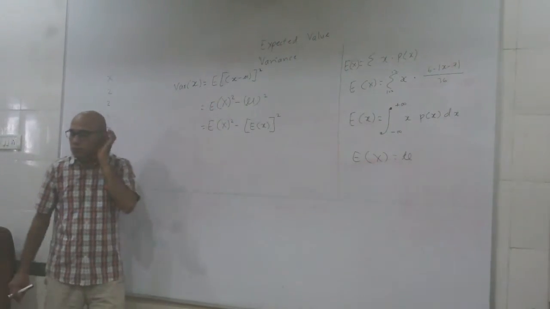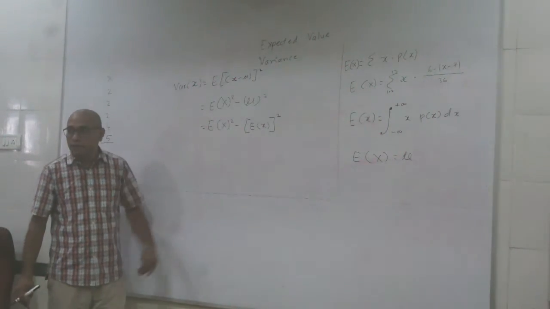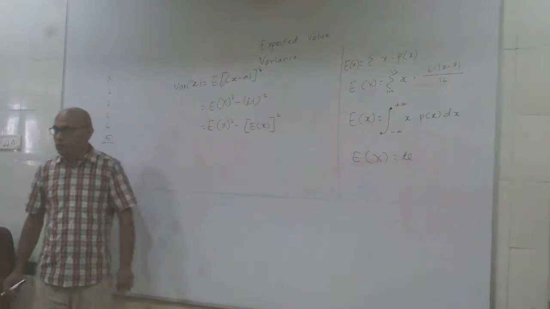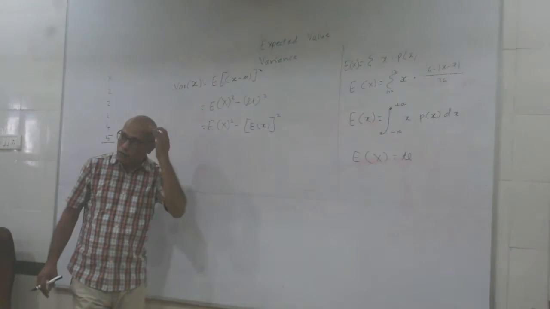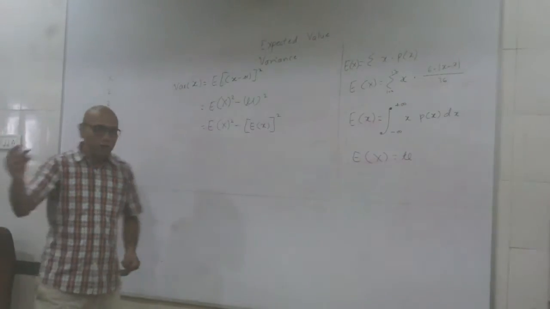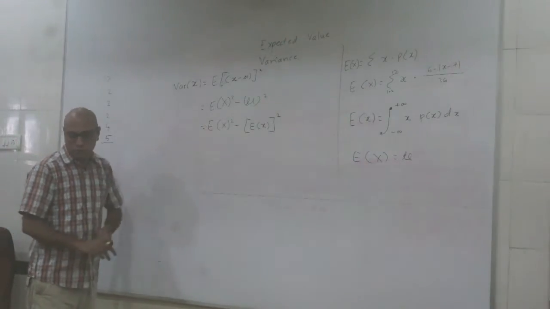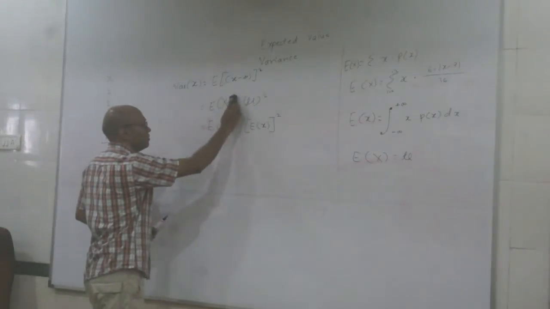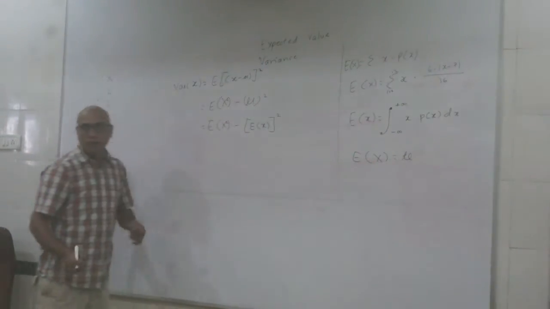Work through it. How do we do it? Expectation of x square minus expectation of x the whole square. It is the x square's expectation that we are taking, right? So how do we take the expectation of x square? Okay, 0 square. The only mistake is it is x square, not expectation x.